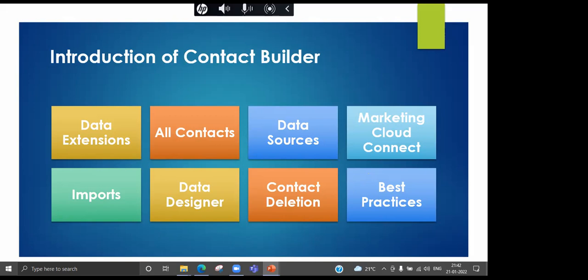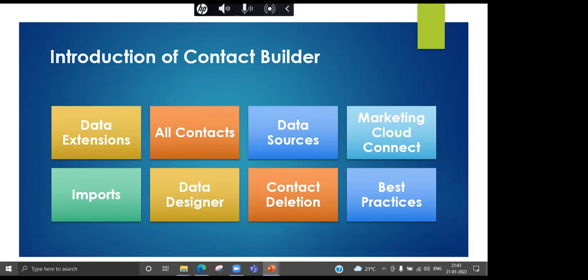We will then see what Marketing Cloud Connect is. Marketing Cloud Connect is nothing but a package which will help integrate Sales and Service Cloud of Salesforce with Marketing Cloud. So there will be a streamlined connection, which will enable us to perform marketing activities for those leads, contacts, and accounts which you have stored in Salesforce. We will see in detail when we cover Marketing Cloud Connect.